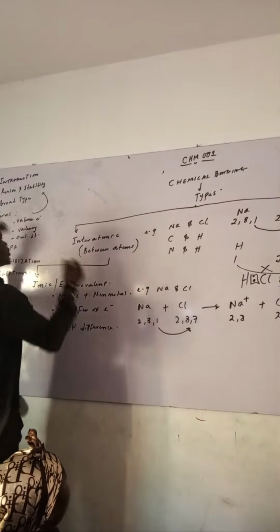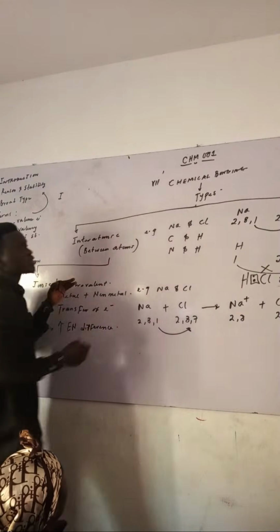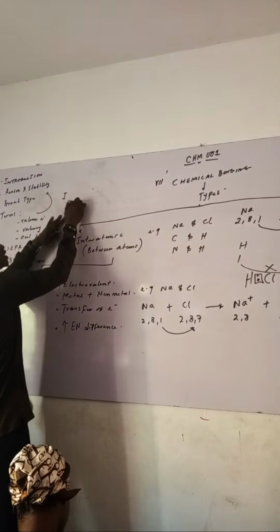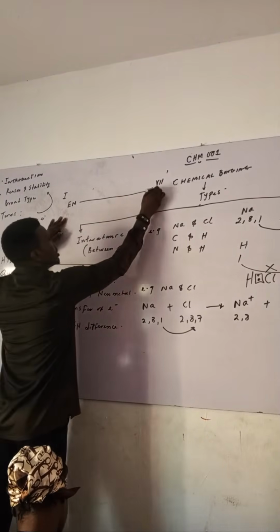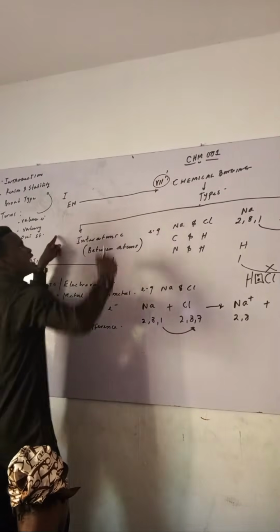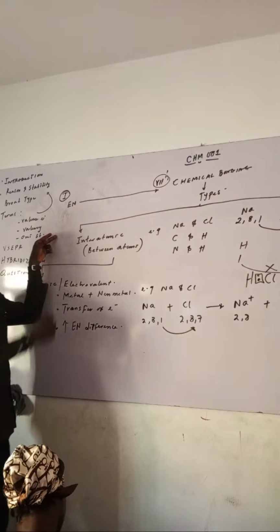Sodium is in which group? So look at group 1 and group 7. You remember when we were talking about periodicity, we said electronegativity increases across the period. That means elements in group 7 have high electronegativity. Elements in group 1 have low electronegativity.